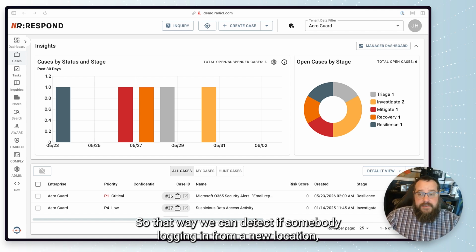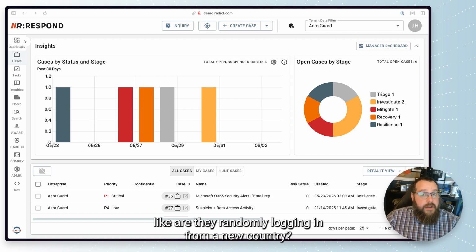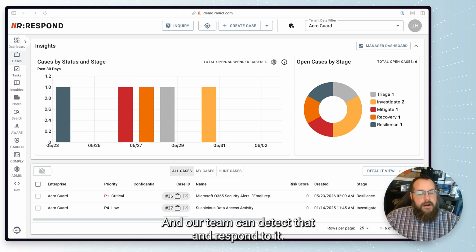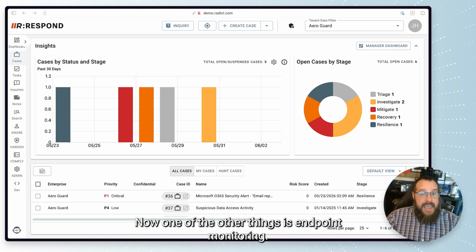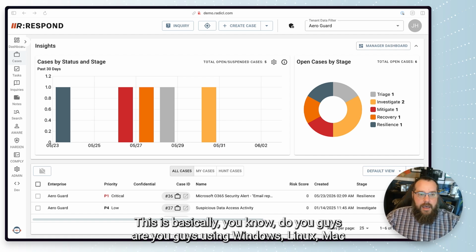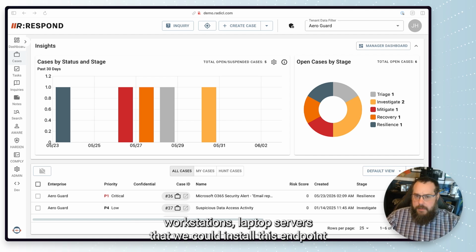It gives us that kind of insight around the users. So that way we can detect if somebody's logging in from a new location, like are they randomly logging in from a new country? Should they be doing that? And our team can detect that and respond to it. Now, one of the other things is endpoint monitoring. This is basically, are you guys using Windows, Linux, Mac workstations, laptops, servers that we could install this endpoint agent